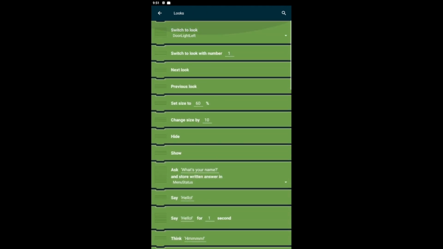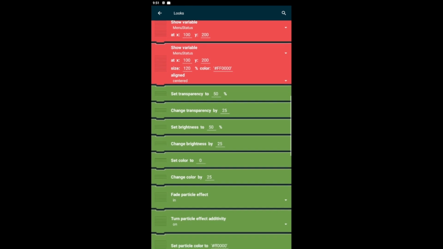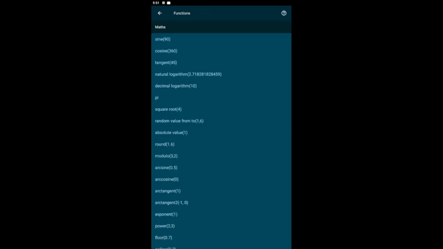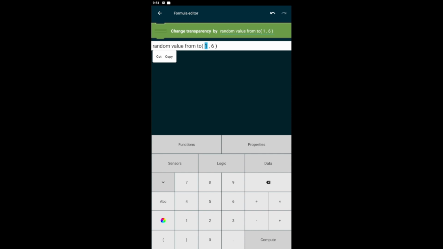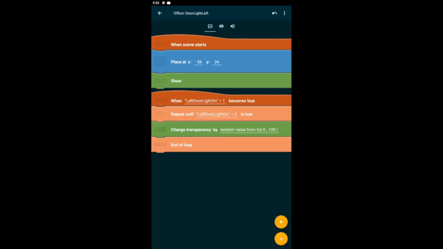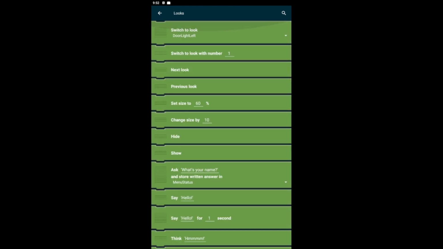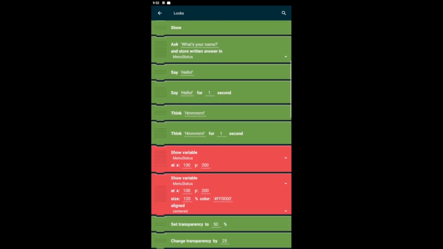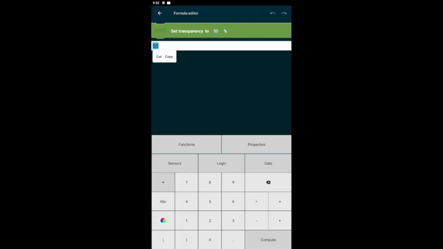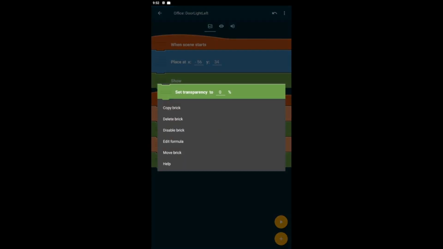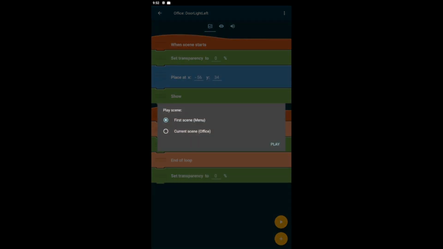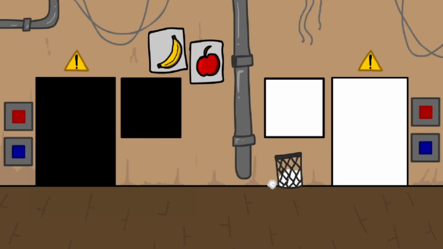And you're gonna change transparency by random value 0 to 100. And then it's going to set transparency to 0. It's gonna do the same thing when you start it up. And then I think when you